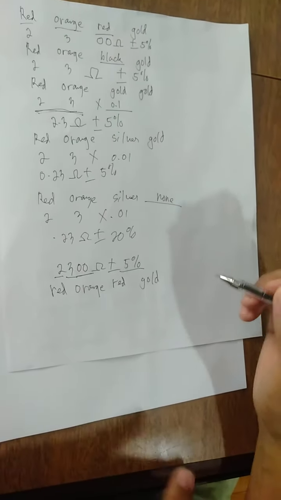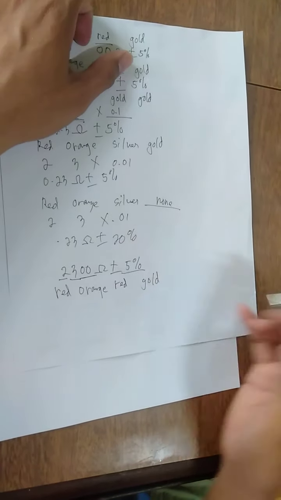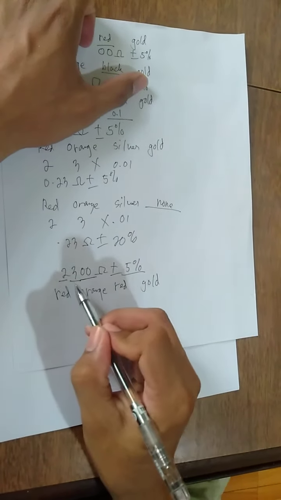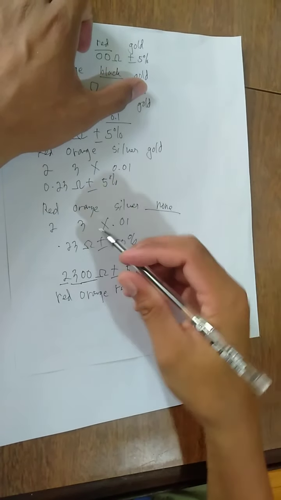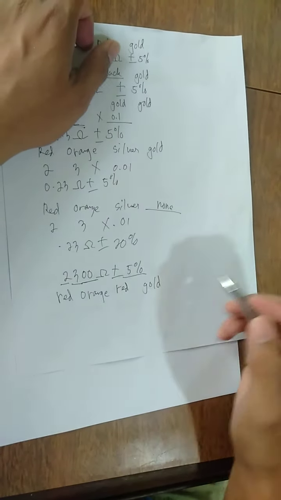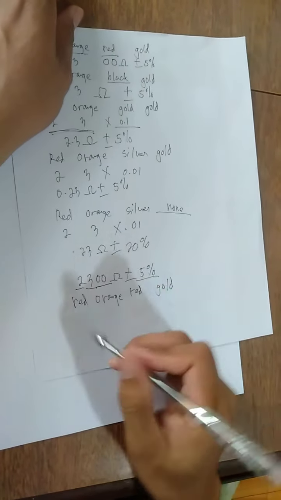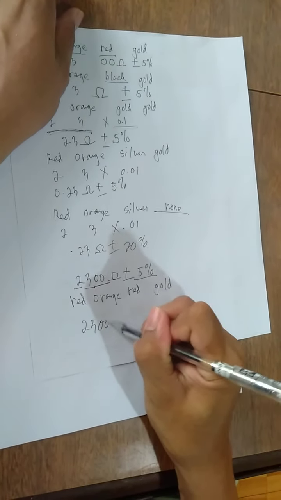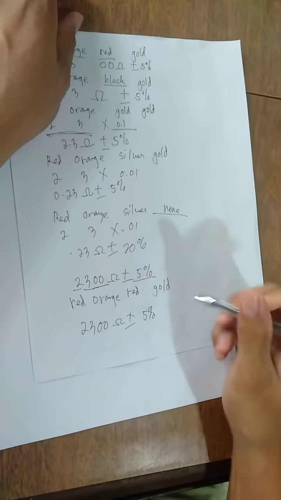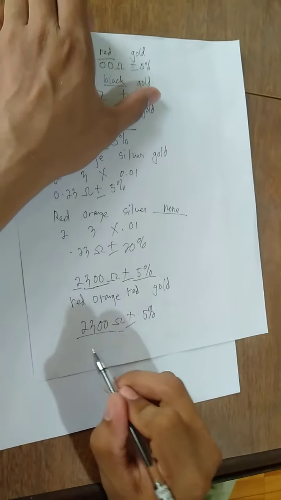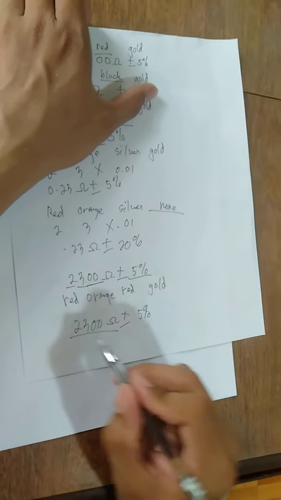Okay, now sometimes I forgot to tell you this one. Sometimes if the answer is 1,000 and above, for example, the colors are red, orange, red, and gold. So the answer is 2,300 ohms, positive, negative 5%. Sometimes, if your answer is 1,000 and above, but not equivalent to 1 million, what you're going to do